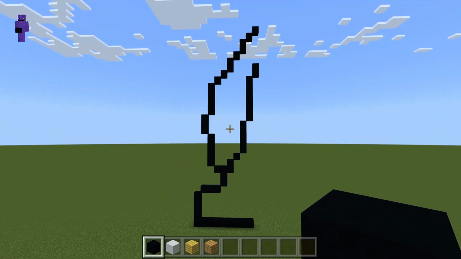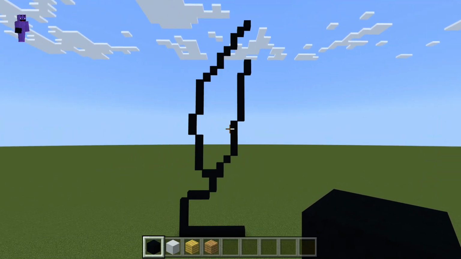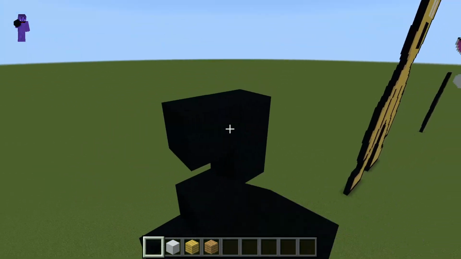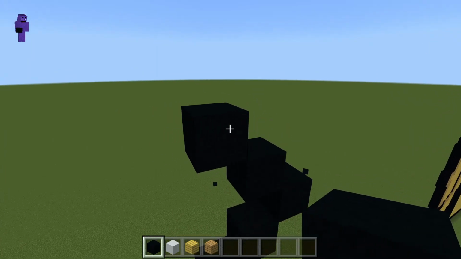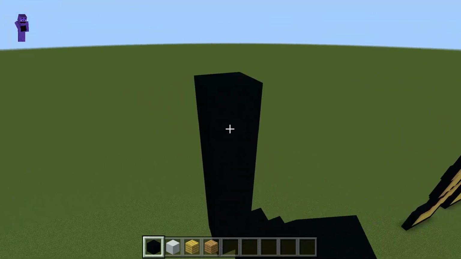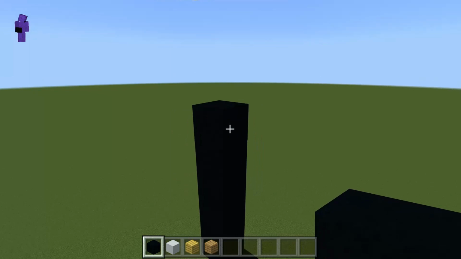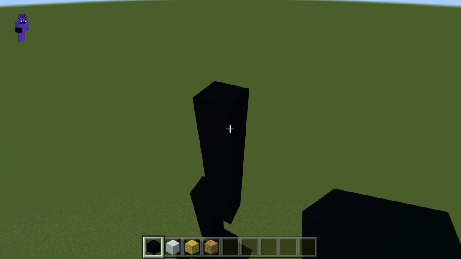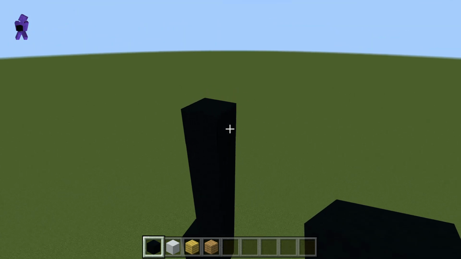If you need to pause or go back, feel free to do so at this point. And you're going to come back up to that block we just placed, and you're going to do 2 up left diagonals. 1, 2, then up by 4. 1, 2, 3, 4. Go right by 1, and then up by 6. 1, 2, 3, 4, 5, 6. Go right by 1,